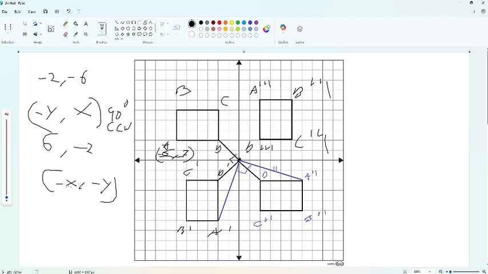Also, you can see that -y right here, -x, and x right here, y. And this is 180 degrees, no matter which way you go. And last of all,